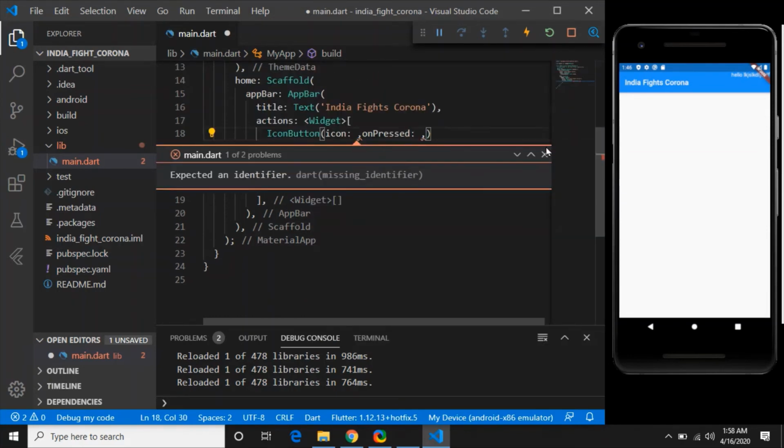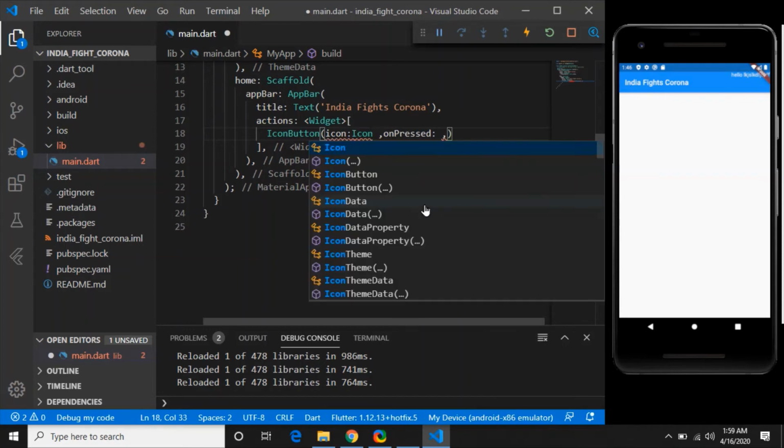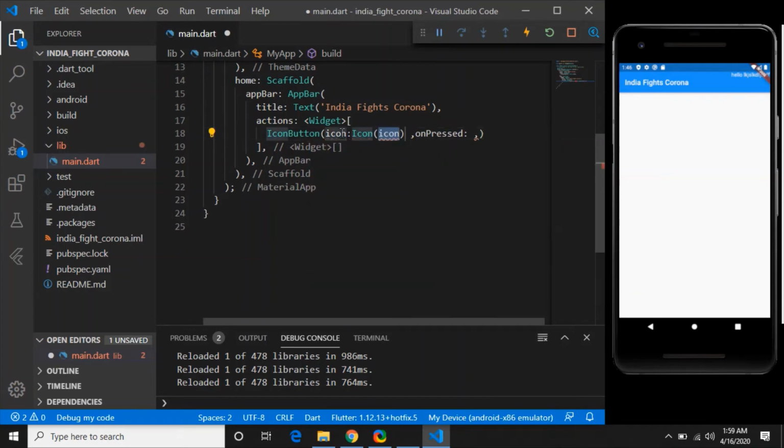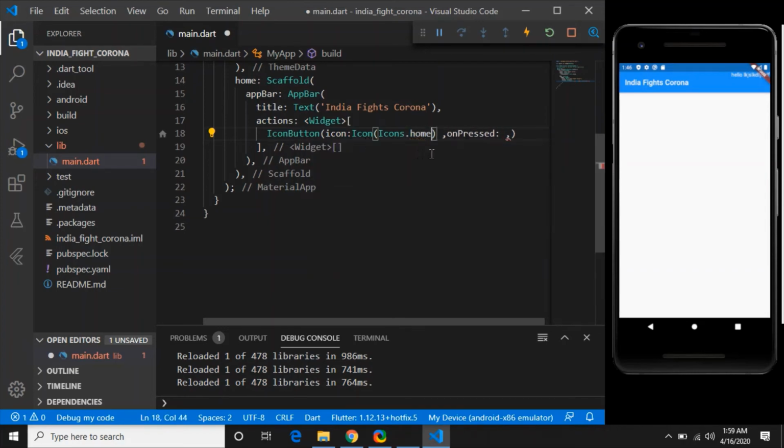Just press I, icon will come. Press O, onPressed will come. So how to define the icon? Write capital Icon, and select the first option. Now I want Icons dot, and what icon do I want? I want home. So Icons dot home, and onPressed for the time being will be null.